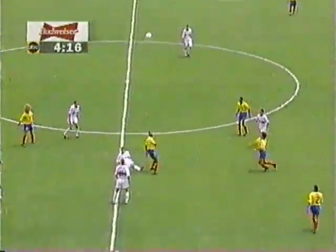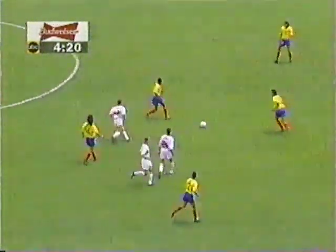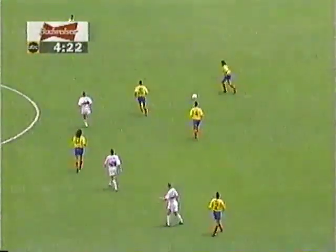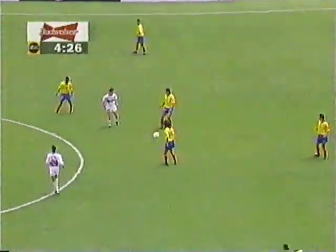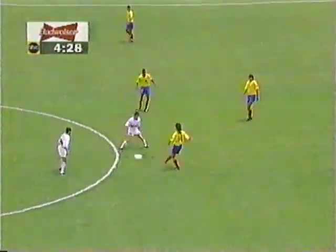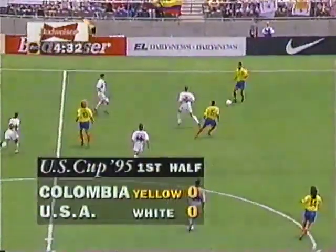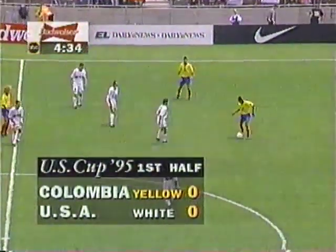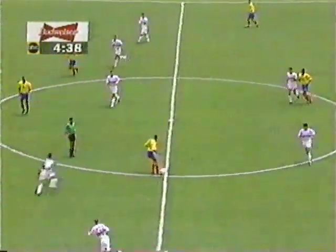Santos sent a high ball up. Rincon about 6 feet 3 inches tall, able to get above Sorber on that. And Leonel Alvarez sends it back. Alvarez wearing number 14. He's a defensive midfielder, James. Well, they got so much attacking flair in the middle. Somebody's got to do that tough work. I mean, Tom Dooley does it for the United States, and the Colombians depend on Alvarez to some extent and